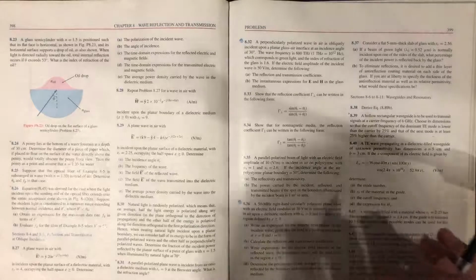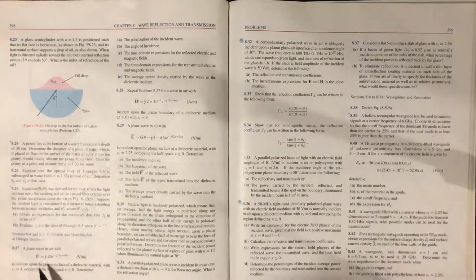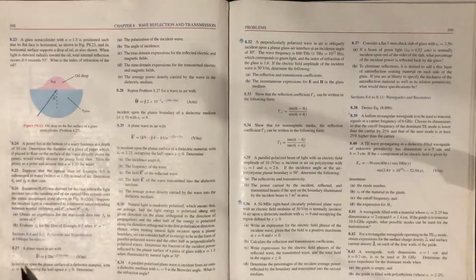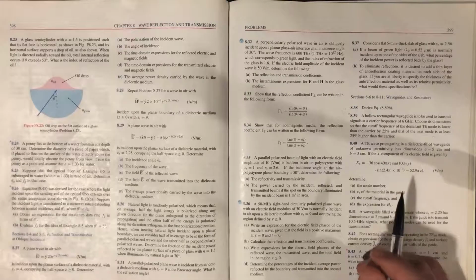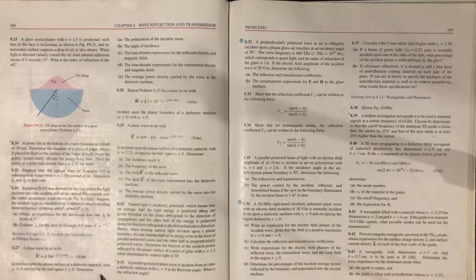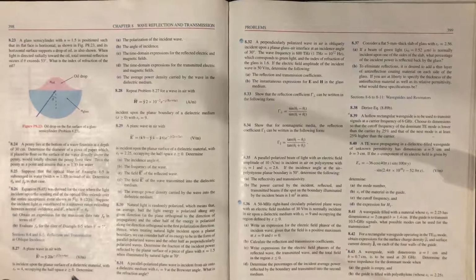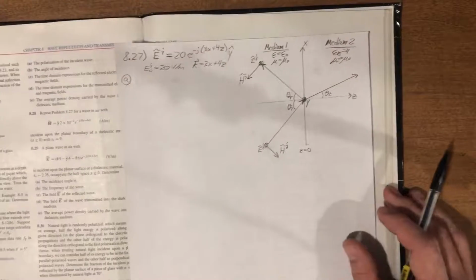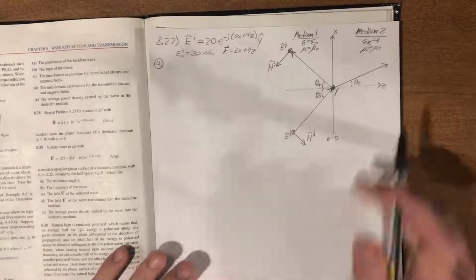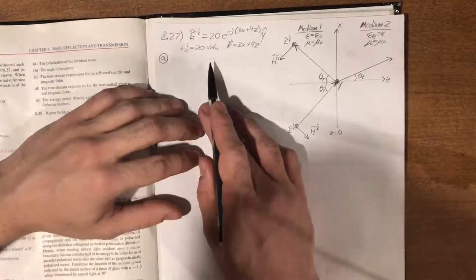Okay, so this is problem 8.27. We are given a plane wave in air with this equation. We're told that it is incident upon the planar surface of a dielectric material with the relative permittivity of 4, occupying the half space z greater than or equal to 0, and we are asked to determine a few properties of the wave. So I've started out by drawing a picture, and we can also notice from the equation they gave us a few things,